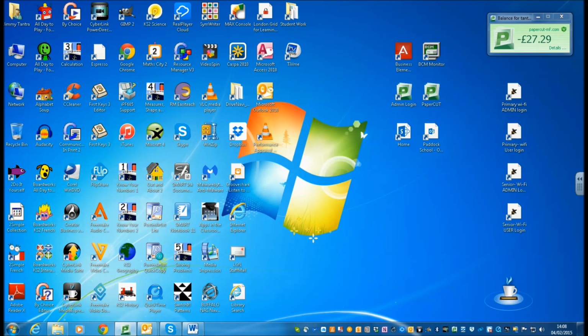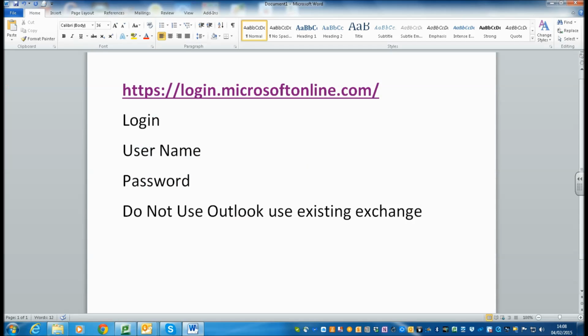Today I'm just going to show you how to do a quick login onto Office 365 and what the basic screens look like. Nothing too complicated, just to show you exactly what it's all about. The first thing we need to do is have a look at the site that you log in. That is the login site, which is